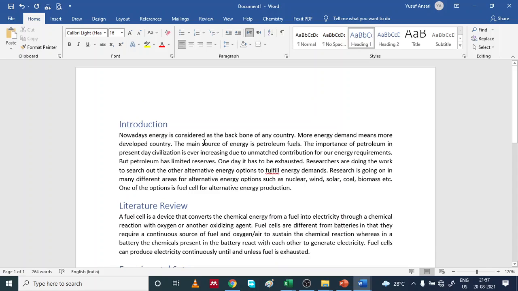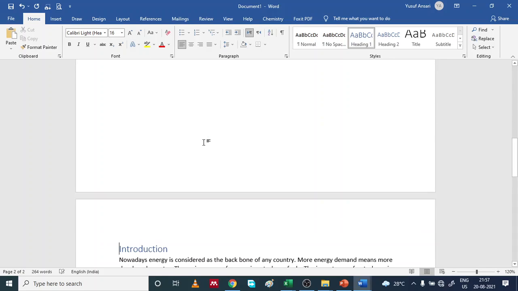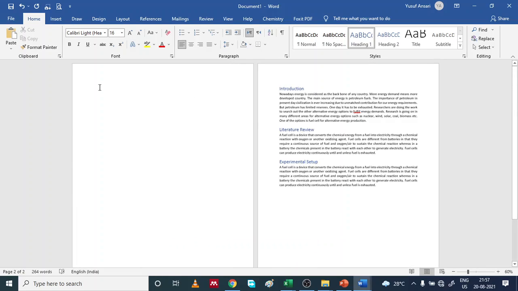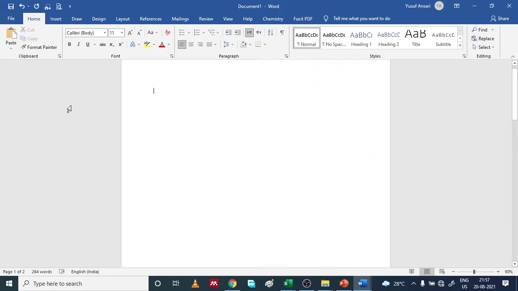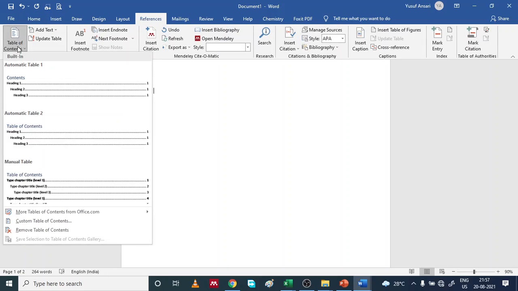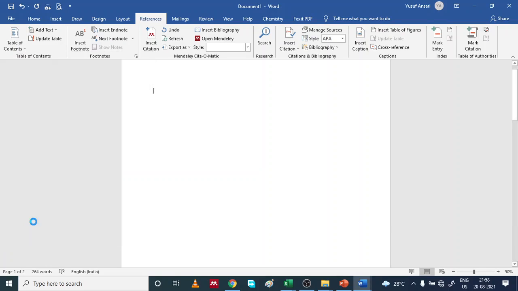For that, you can move all this report to page 2 just by pressing Control and Enter. And now page 1 is blank. On page 1, click the cursor and then go to the References tab. In the References tab, you will see the option for inserting the table of contents; it is the starting option, and you can choose custom table of contents or add a table of contents.